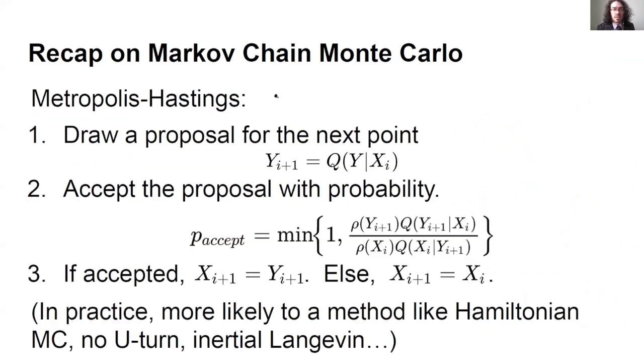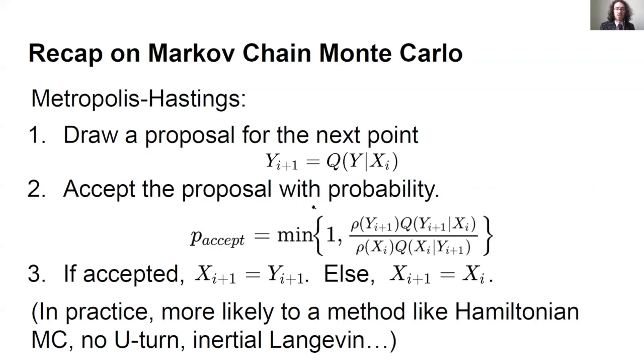So what does this look like in practice? Again, this is a recap for many of you, but I'm just going to give a quick recap of one of the most basic Markov chain Monte Carlo methods, the Metropolis-Hastings algorithm. So for Metropolis-Hastings, basically once we're at a point x_i, we draw a proposal for the next point in the chain, y_{i+1}. And then we basically